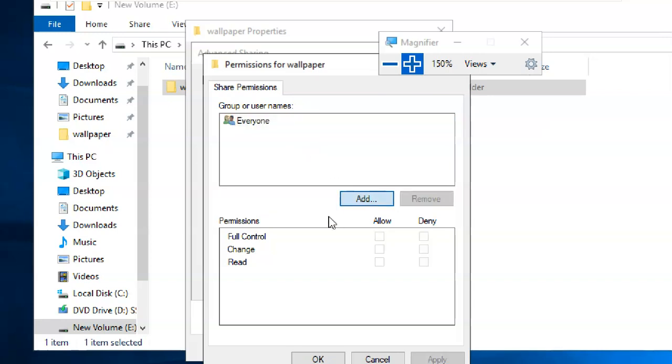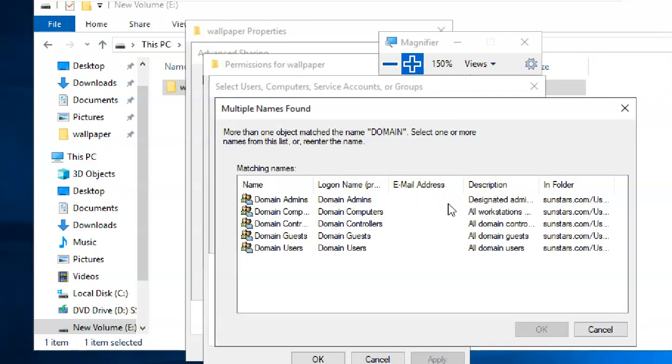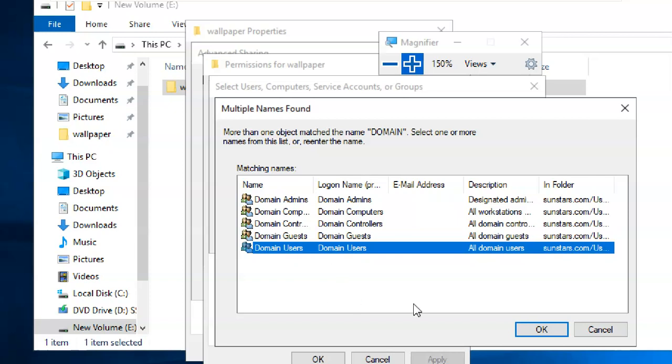For example, click on Add. You can say domain users, not all users. Just typing domain is enough. It's a group. Domain users group. Every user by default is a member of the domain users group.